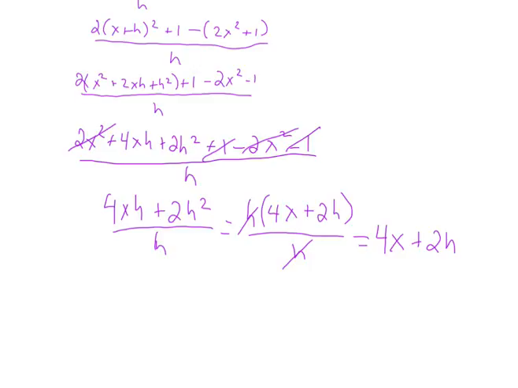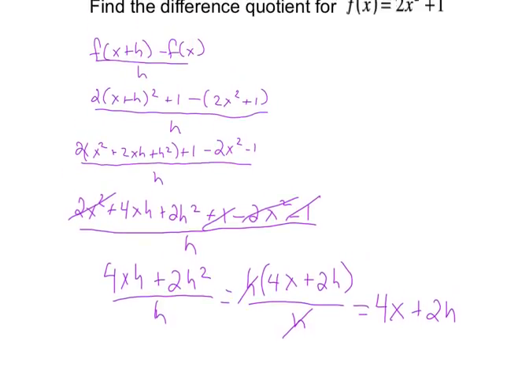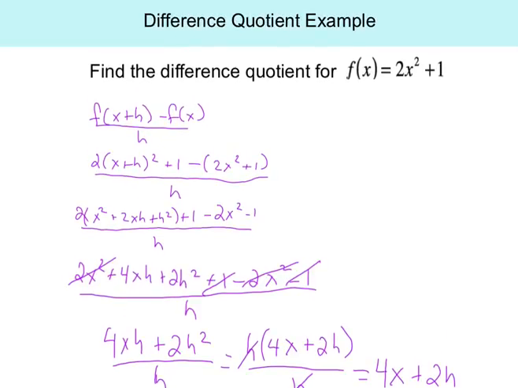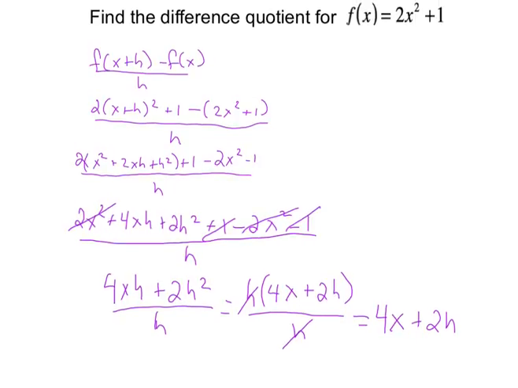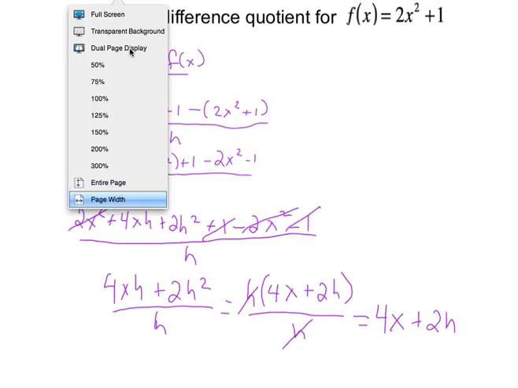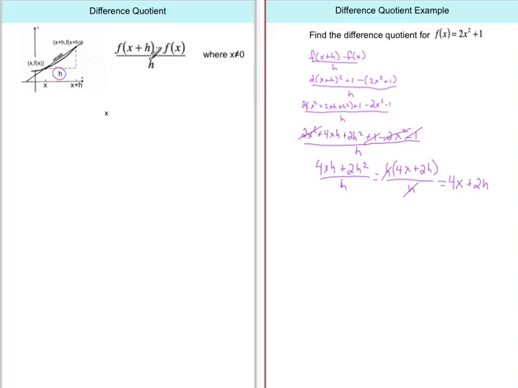as h gets smaller and smaller and smaller, I'm going to go back to this last page. Let's make a dual page display. As h gets smaller and smaller, the width gets smaller, the difference between my x's gets smaller. My secant line is going to get closer and closer to be a tangent line at one point on this curve. So as h goes to 0, and this is what you're going to find out in calculus,